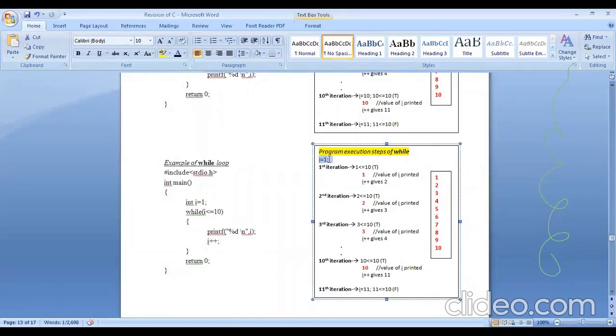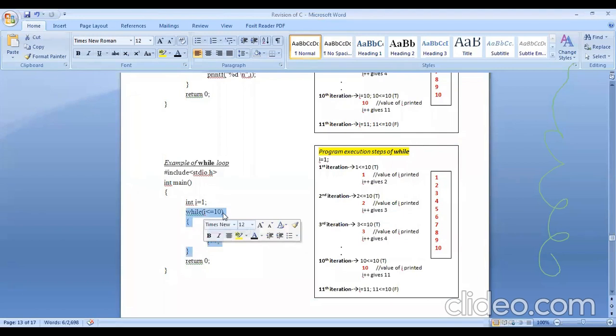So first, the value of I is initialized to 1. Now once we start with the while statement, we will only check conditions and updations. Fine. So everything is the same here. Again, as given here, the value of I is 1. Starting with the while statement, first the value of I will be checked against the value given in the condition, which is 10. It is true, then 1 is printed. Inside here we have only one statement, that is the printf. The updation part belongs to the while statement itself. That is what needs to be done.